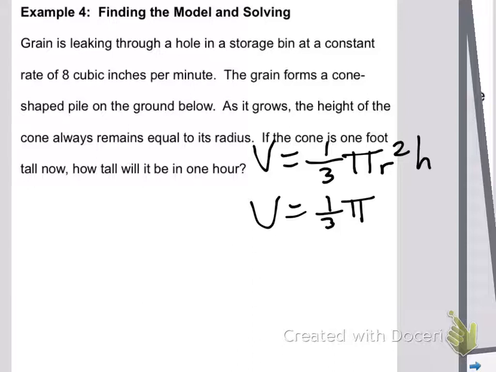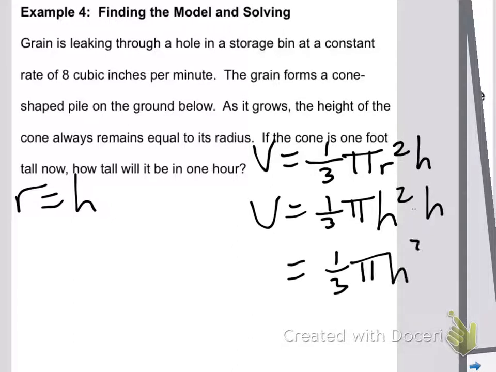So the radius equals the height all the time. That's what it says in the problem. So what I'm going to do, r squared times h, I'm going to plug h in for r since they equal each other. So this is 1/3 pi times h to the third. That's the volume. Okay? Now, if the cone is 1 foot tall,